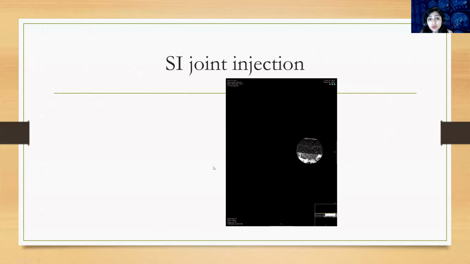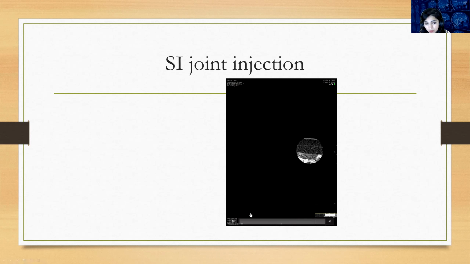Then the injection is into the sacroiliac joint. One important thing about the sacroiliac joint I want to share is that the sacroiliac joint as a whole is not a cartilaginous joint. It's only the lower part of the sacroiliac joint where we can inject. The upper part of the sacroiliac joint is a membranous joint. So we have to be very careful that we are injecting in the lower part of the sacroiliac joint. If you happen to see a lot of sacroiliitis on x-rays, you will notice that the sacroiliitis is actually affecting the lower part of the sacroiliac joint, where there is a real joint.